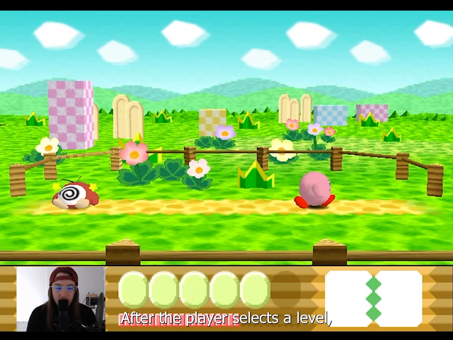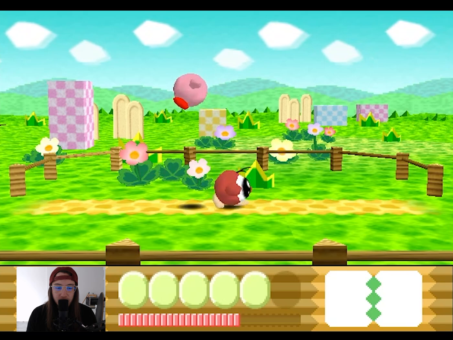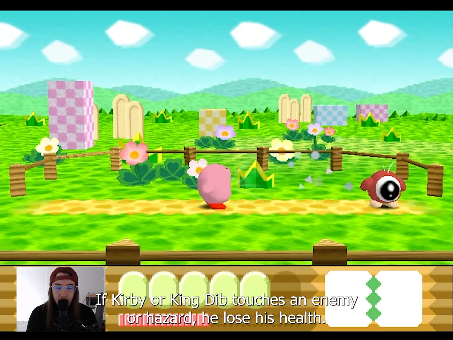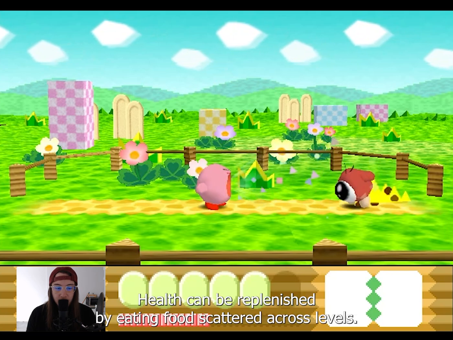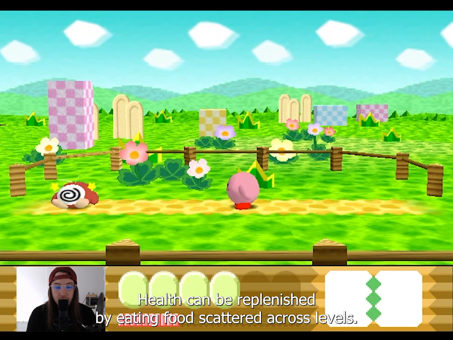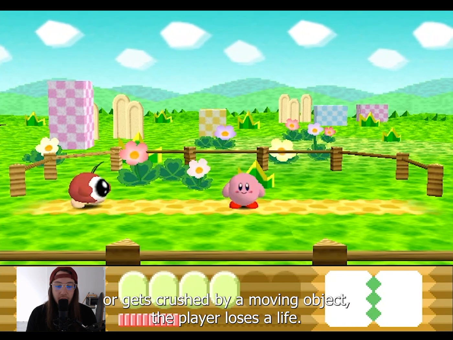After the player selects a level, they must navigate it while avoiding enemies and obstacles. If Kirby or King Dedede touches an enemy or hazard, he loses health. Health can be replenished by eating food scattered across levels. If all health is lost or the character falls off the bottom of the screen or gets crushed by a